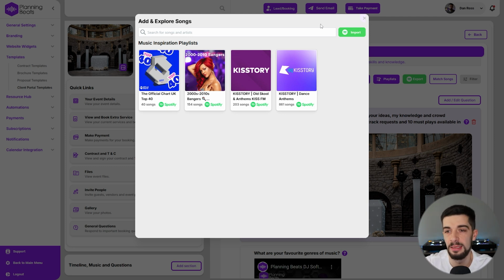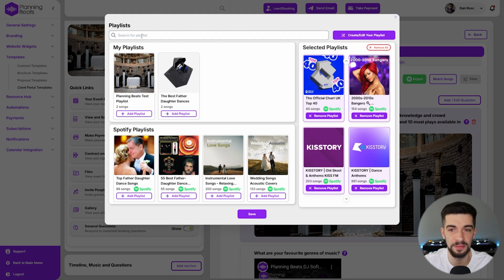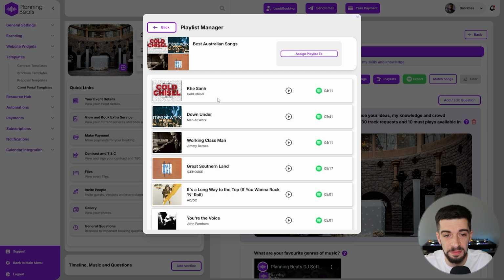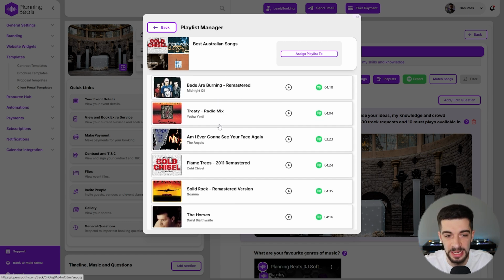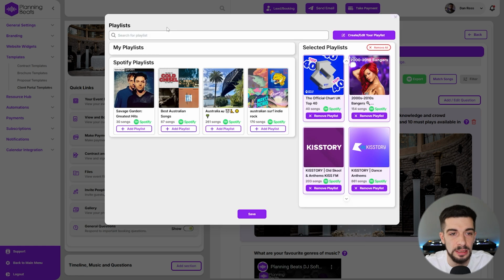But as an example, if we go back into playlists, I know I've got some Aussie customers, so just go straight in there, the best Australian songs. We can go in and view them if we want. Just make sure that, there we go, banger, down under. Go in and make sure that they are applicable and the playlist is right. It's always worth double checking because this is pulling Spotify playlists and public playlists as well. And then we go, yeah, we'll add that one, why not? Make it